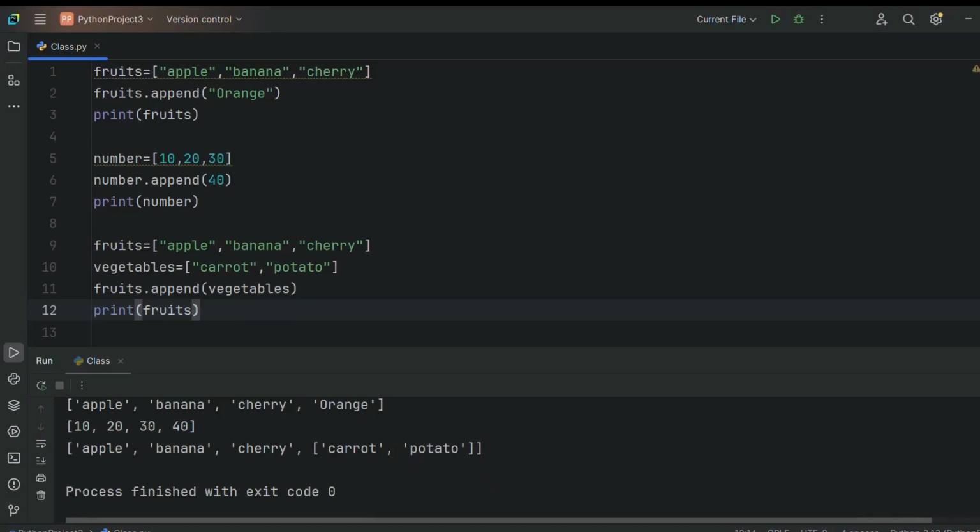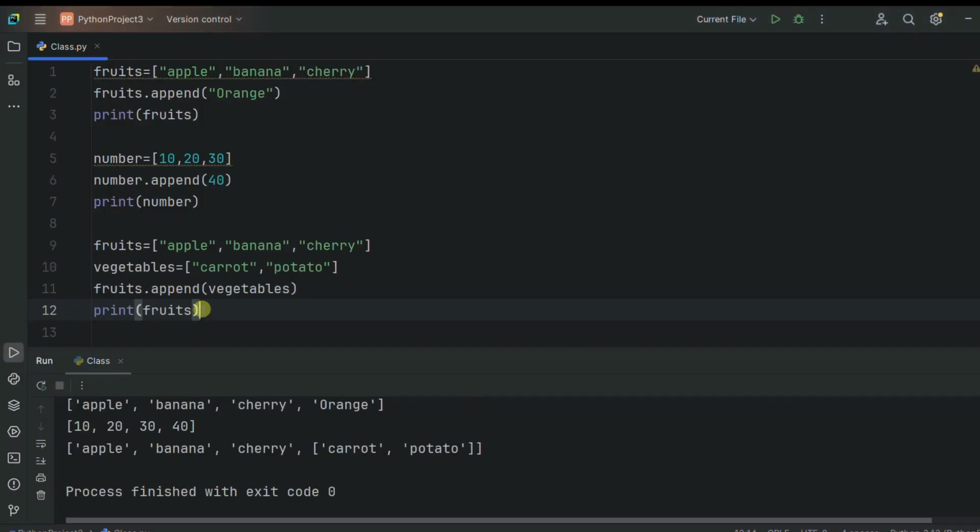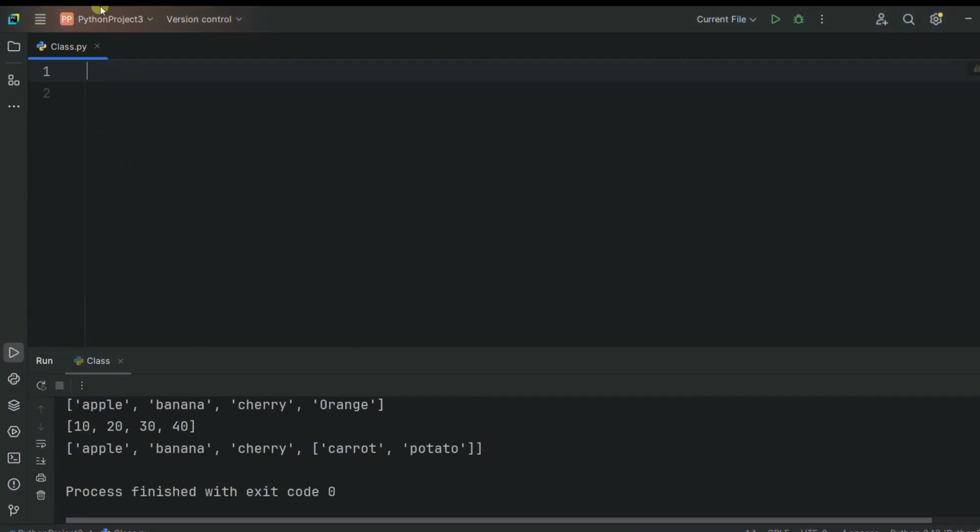After that, the next function is the clear function. The clear function is used to remove all elements from the list. How are all elements removed from the list? Let's see with an example. I will remove all these, and after that